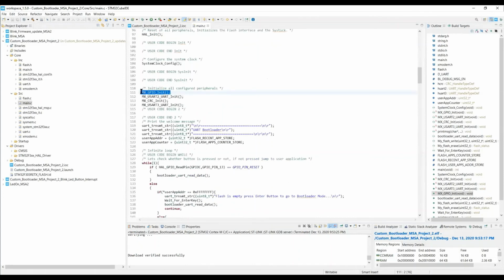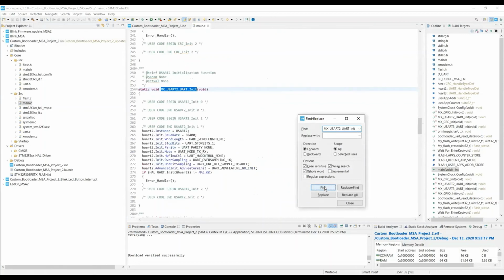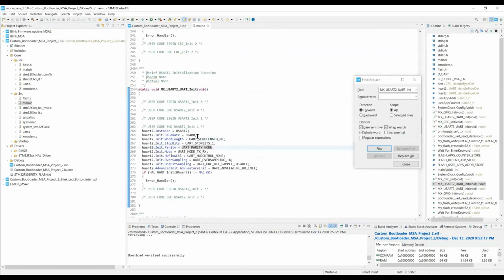After we do the GPIO init, we do the USART init. This is the USART2 peripheral. If you see here, we are setting the baud rate. We need to initialize this structure and pass it to the function. So we are initializing the baud rate, the stop bits, and all that in this particular function.